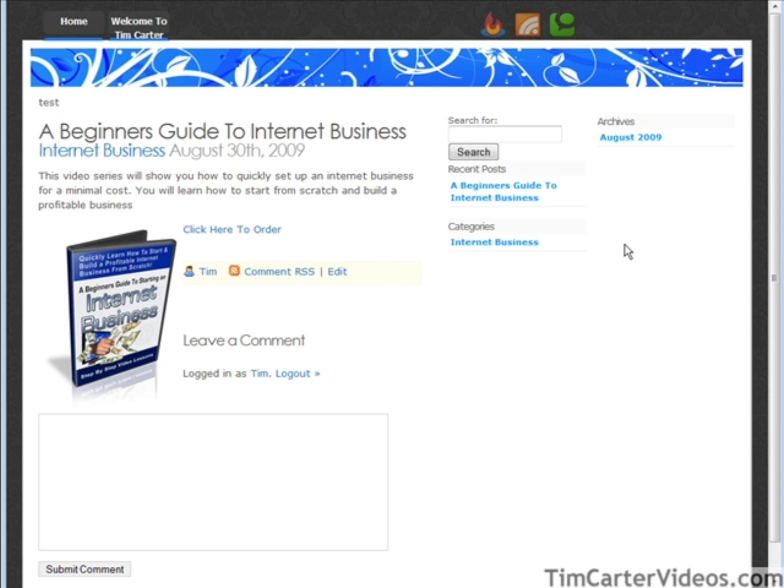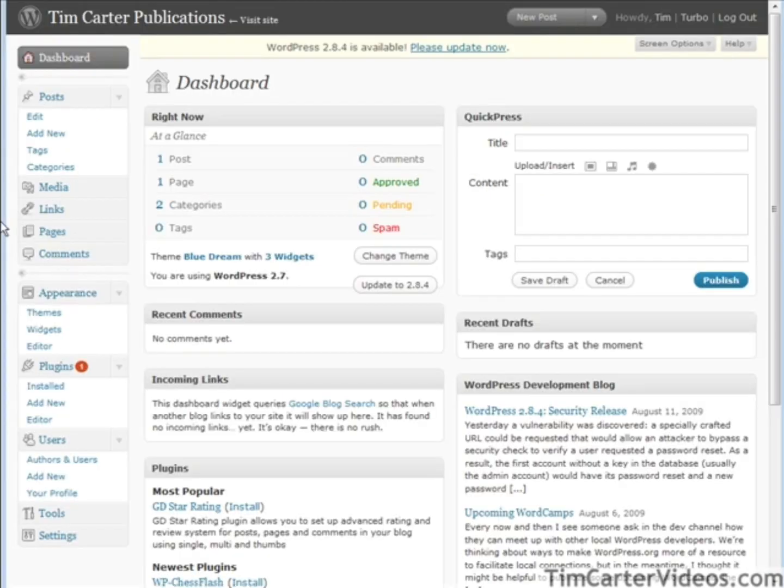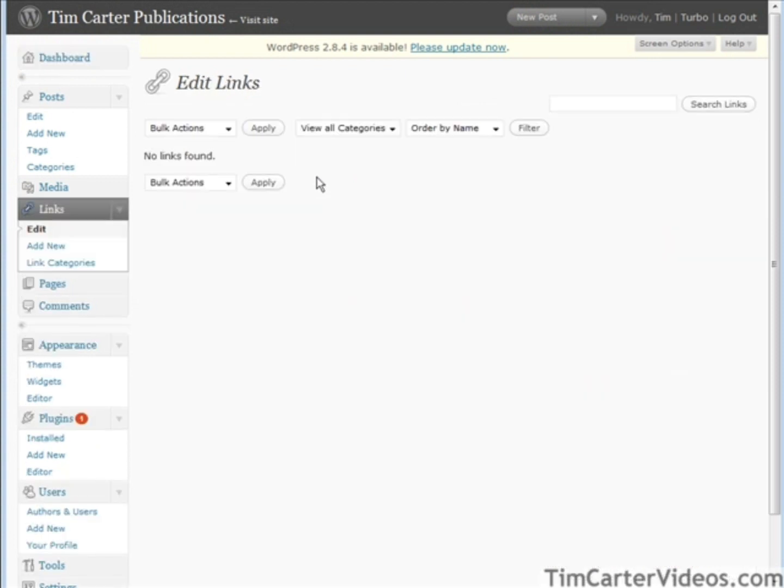Of course, you can use any type of blog you want to set up a simple site, or you can use simple HTML pages. Okay, now the last thing I would do is make a link to all of my Qfree products. I would just do this in the link section. So I go to links, and then I would add a new link,